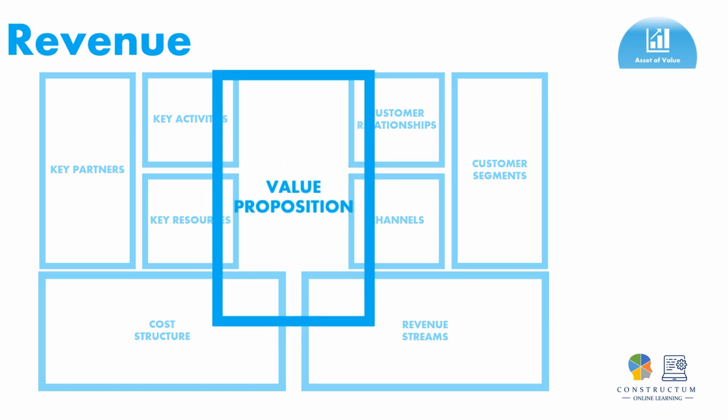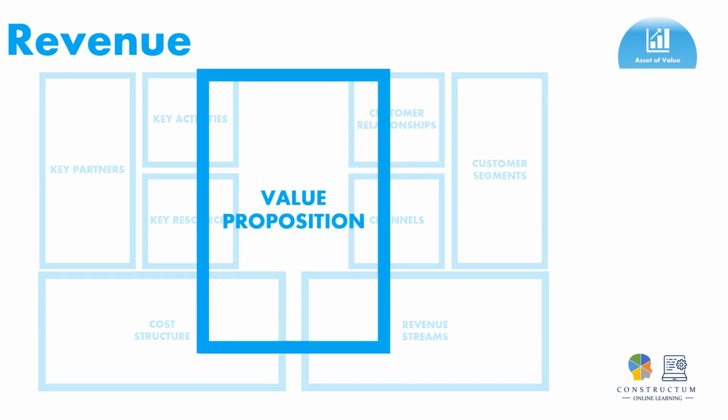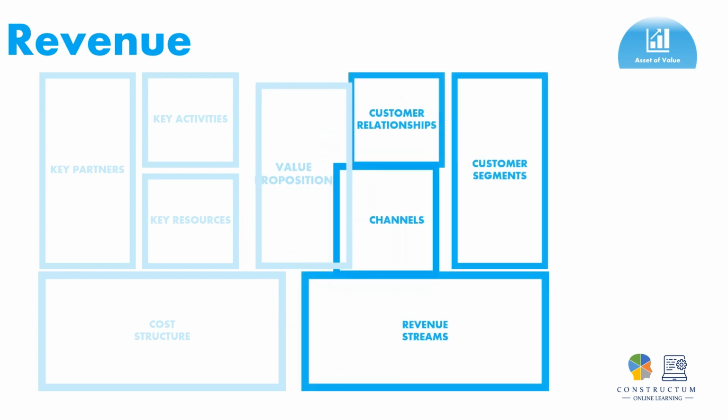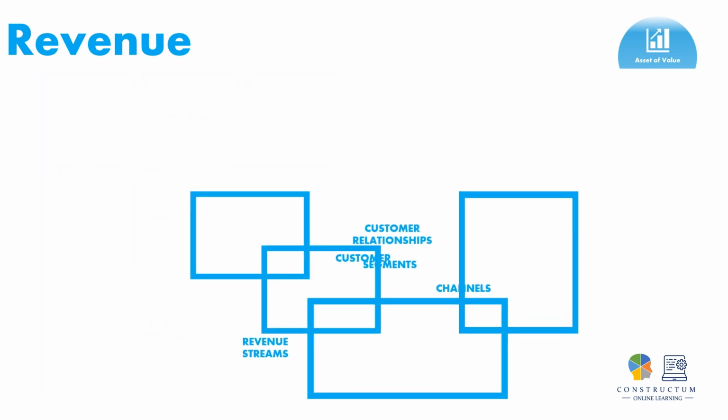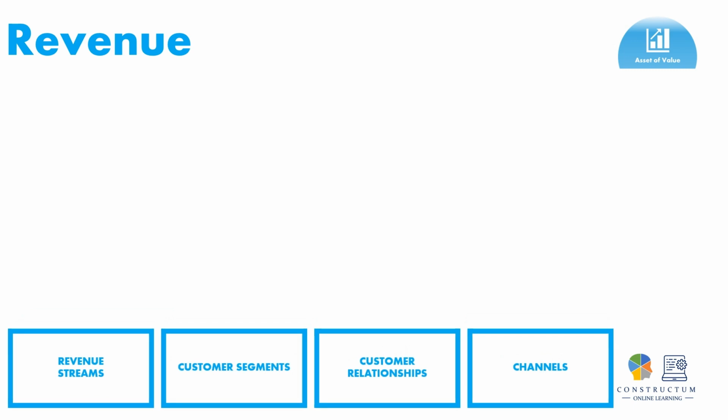Having clearly defined the business's value proposition, explicitly showing how the customer gains from the business's products and how the customer's related pains are alleviated, the business owner must now consider the revenue side of the business model canvas. The revenue side of the business model canvas consists of 4 components: revenue streams, customer segmentation, customer relationships,